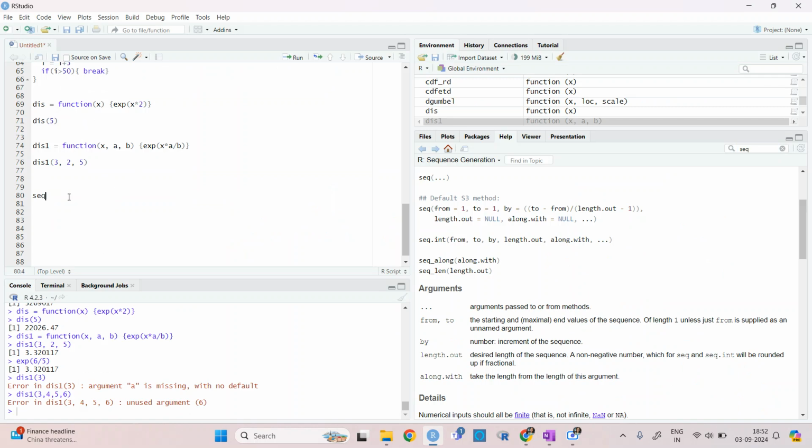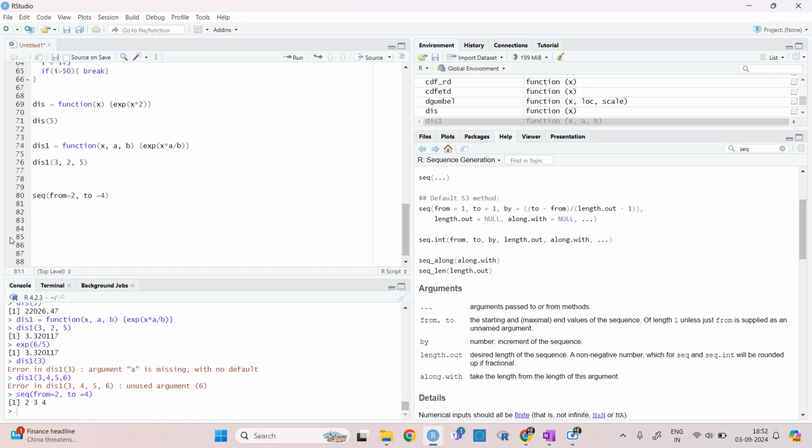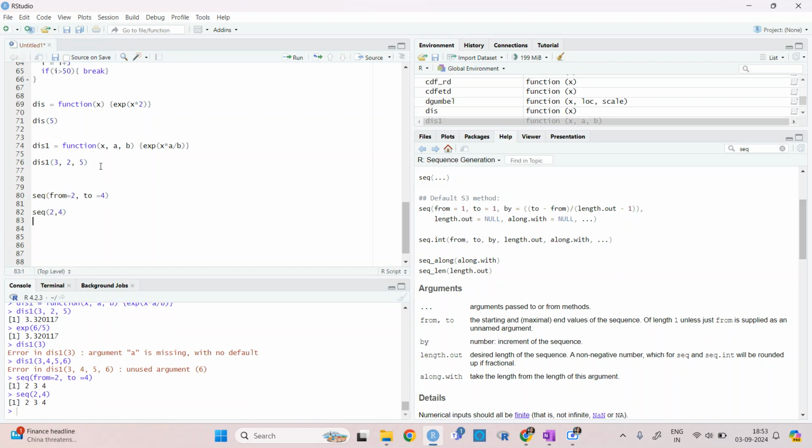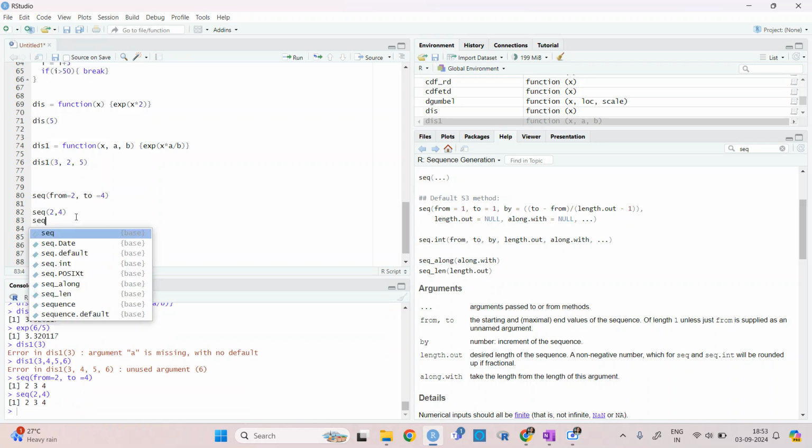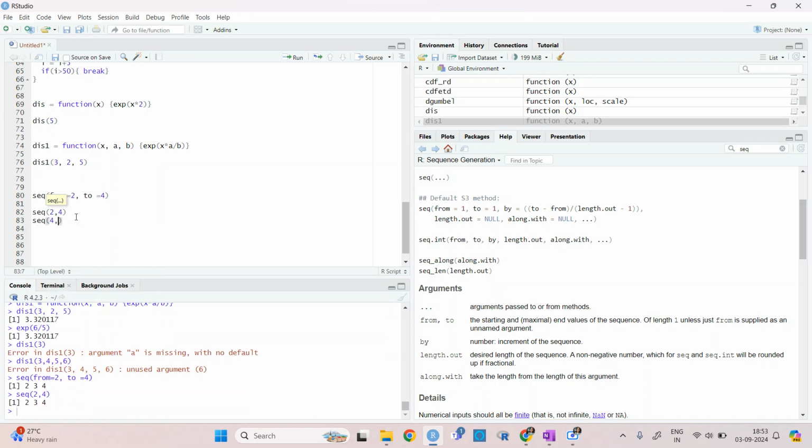If I write a sequence from 2 to 4, then it will give 2 3 4. If I even do not write by, it will give 2 3 4. If I write in the opposite manner, then it will give 4 3 2.